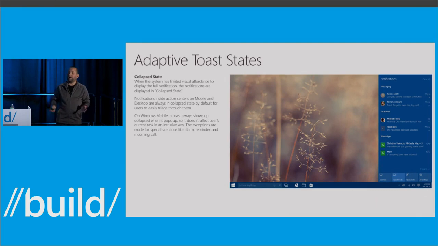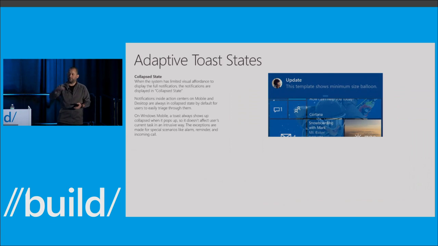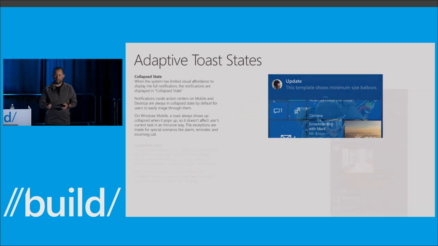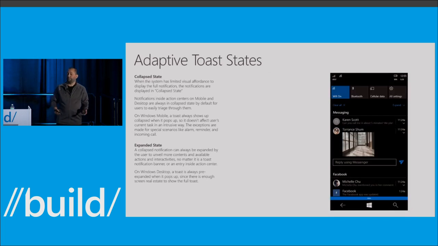This is the same policy we have in the desktop Action Center, because we want to be able to show you more information about your notifications all together in there, so by default we collapse them all up. Here's one more example of a collapsed notification before I've pulled down on the gripper to actually show more about the notification.